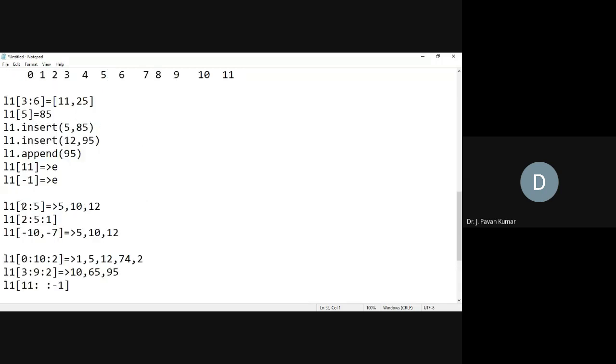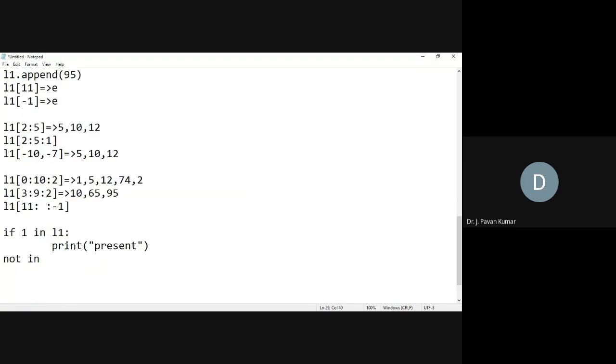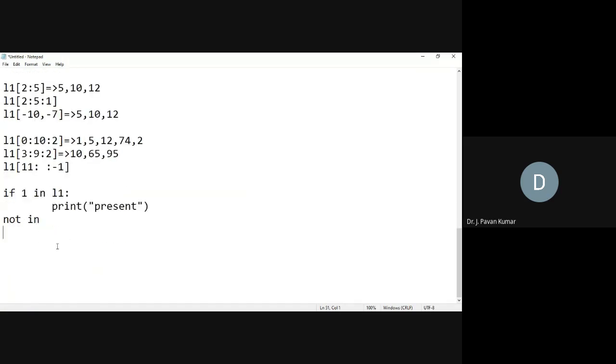We have the list like this. All the elements, by using the index range, we could display. What do we have to use? 0 to 12. Then we will be getting them.